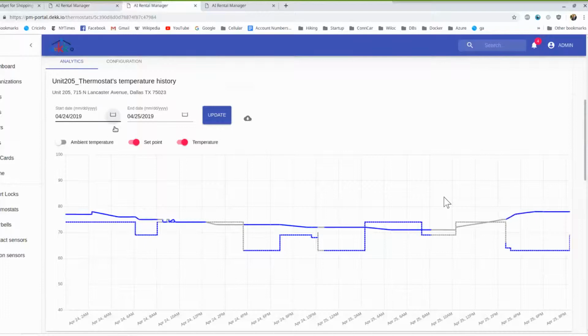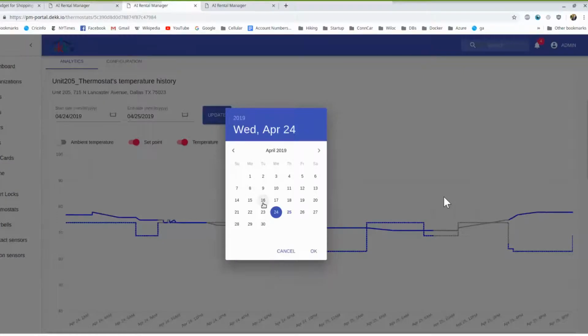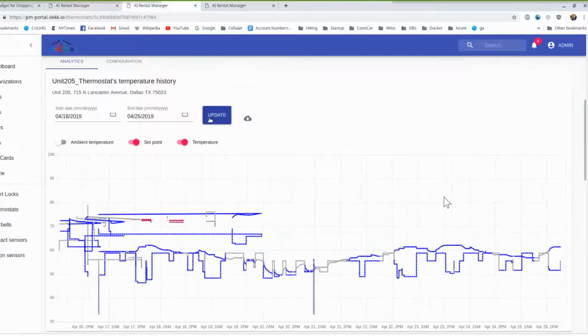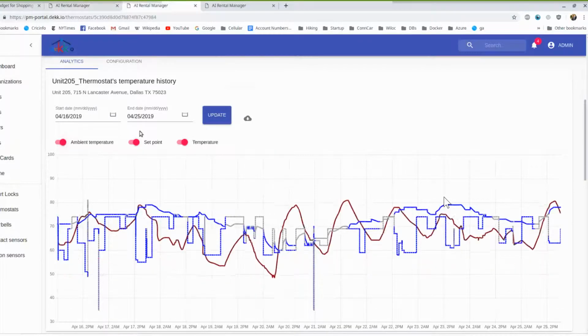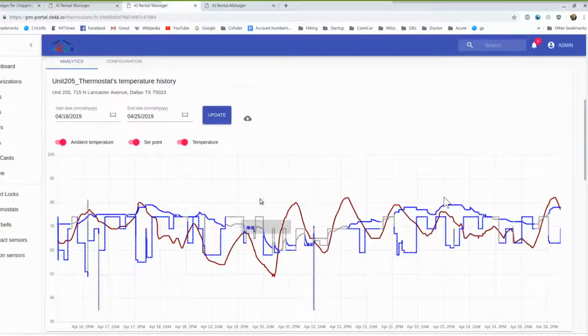Yeah. So we can look at this unit. This is unit number 205. And let me turn on the ambient temperature here. So this has been the ambient temperature. And as you can see, the unit, first of all, traps heat. So the actual temperature does stay above the ambient temperature at many times, but it roughly tracks it. And what you can see is that